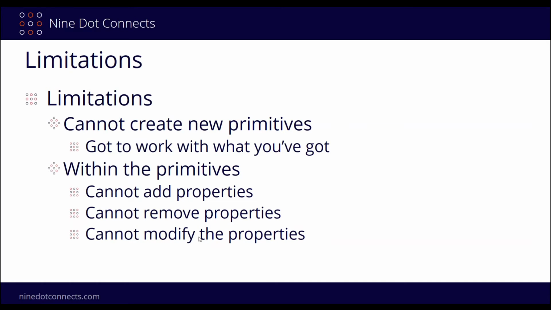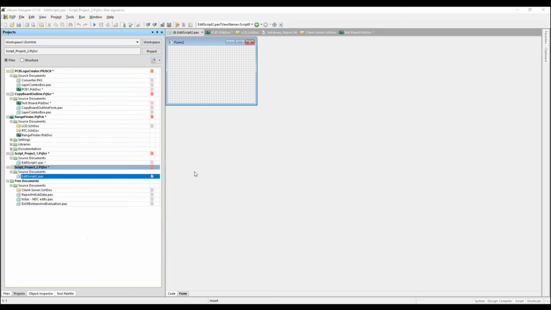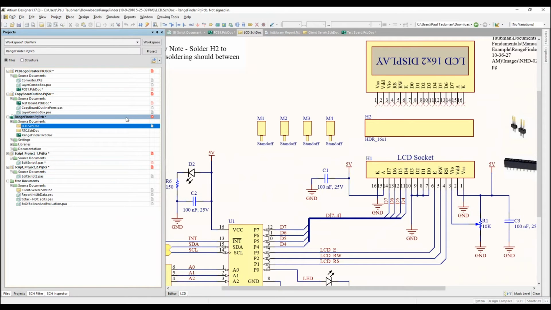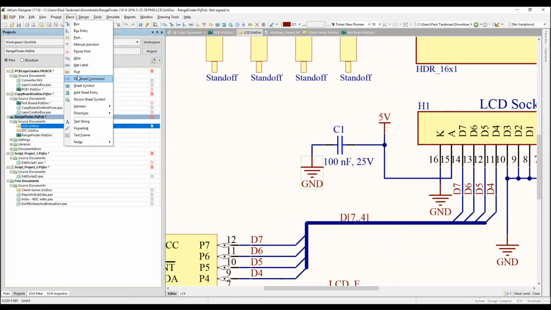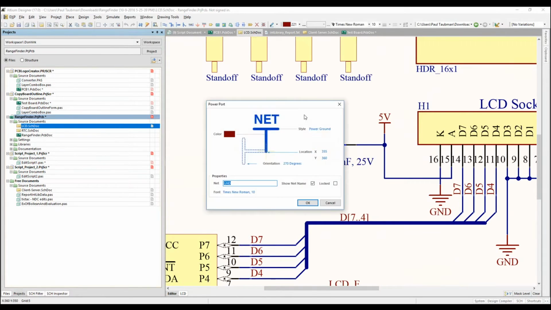And I'll give you a really good example of one that people ask for quite often. So let me jump back over to our LCD example. A lot of people look at the power port, right? This is a very special primitive in Altium Designer. If we go place, we will see that we've got our power port up over here. And when they look at this, they're a little frustrated because they may not have the symbol that they prefer to have. And they would even like to have it in such a way that, let's say, if I draw this in the schematic editor, let's say the schematic library editor, I want to be able to somehow associate it either to this power port primitive itself, or create another power port primitive altogether that